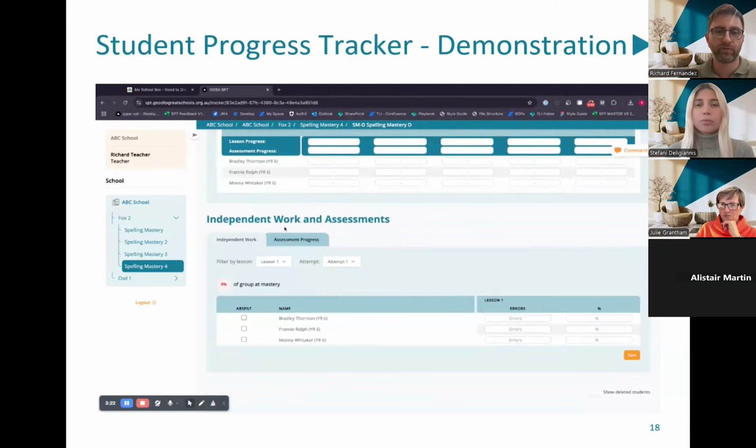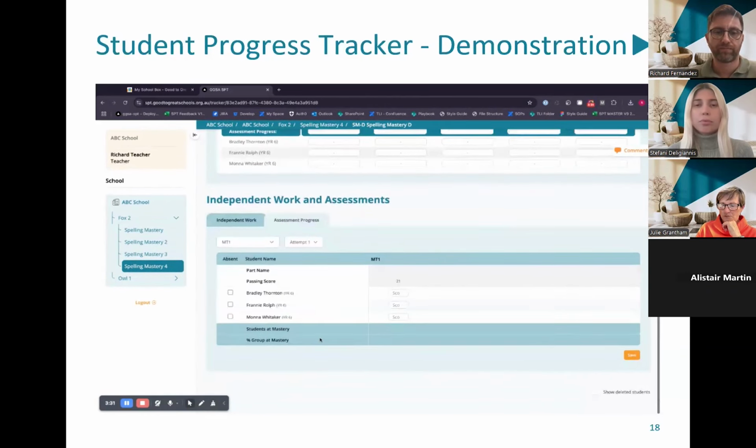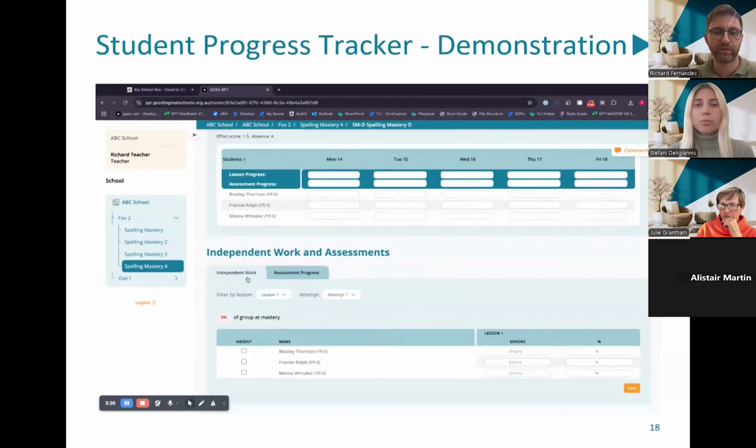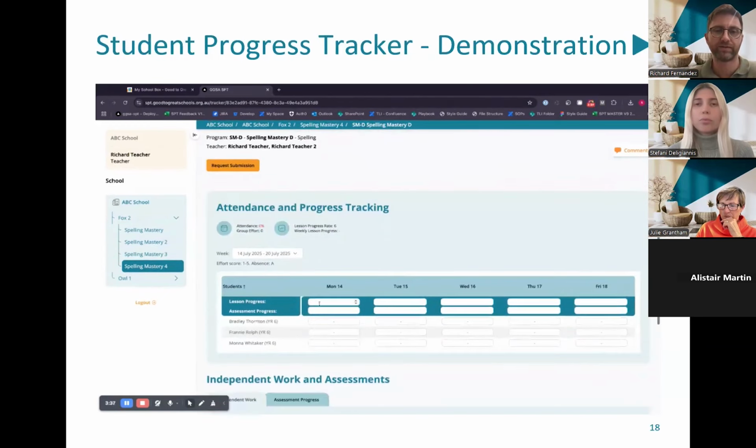So here's the independent work, and I'll show you the assessments now. That's for each assessment, you'll have a tracker for that too. So let's just go back to the attendance and progress tracker first.